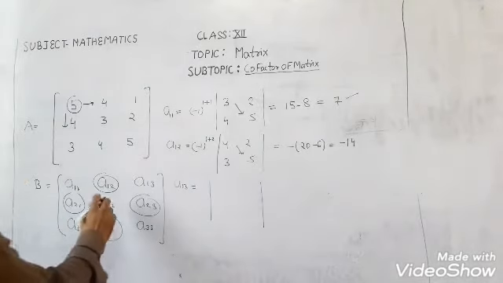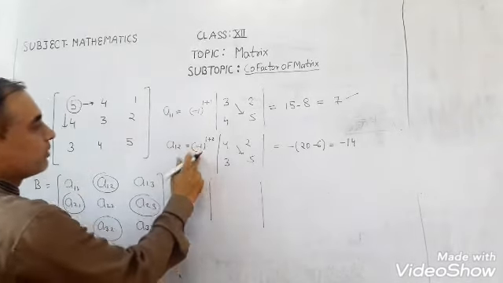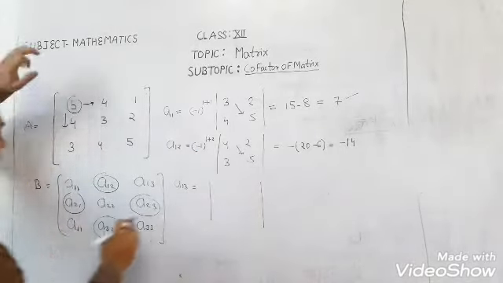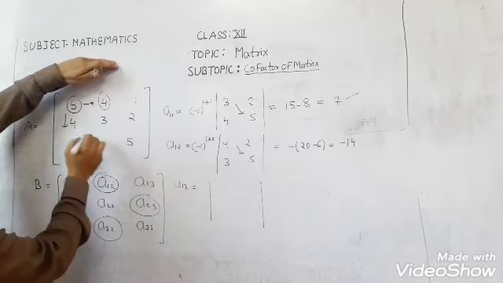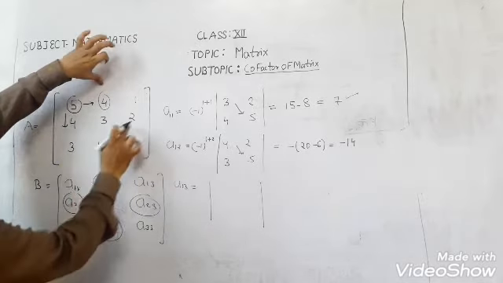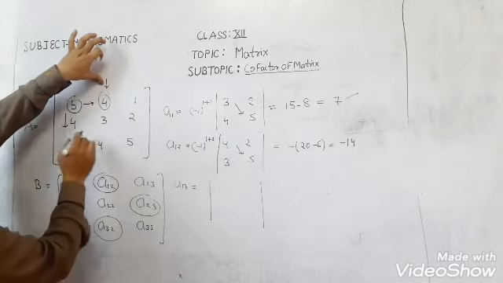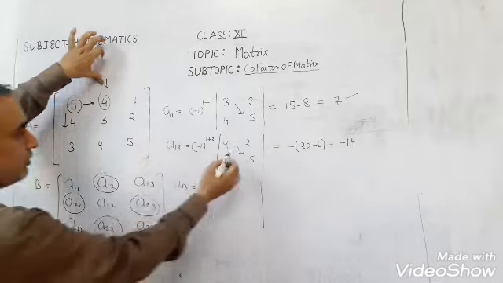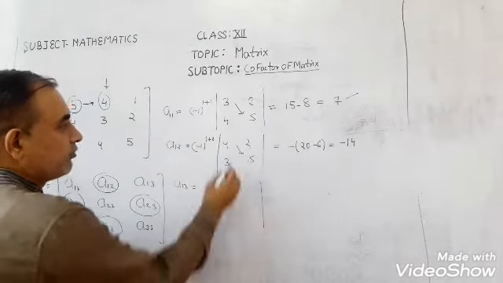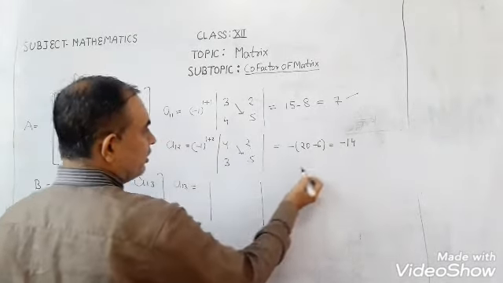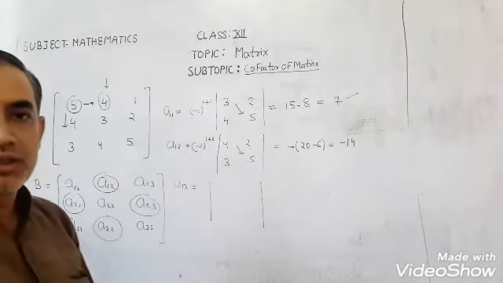Okay. Now we concentrate on the second one, A12. We can write minus 1 raised to power 1 plus 2. Now A12 is here, so we hide this row and this column, and the remaining terms will be 4, 2, 3, 5. We just write here 4, 2, 3, 5. Now again we cross multiply it. We get 4 times 5 is 20 minus 6, that will be 14. But here we put the minus sign because we get minus 1 raised to power 1 plus 2.